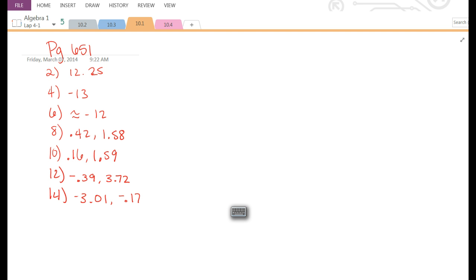Here are the answers from your calculator homework last night, the even answers. I'm not sure if the odd answers are in the back of your book or not, but here are the even answers to give you a good idea if you were doing it right. So check these. If you have any questions, like I said, you may go see Miss Wazalewski or Miss Brewer for help, or you can ask each other for help